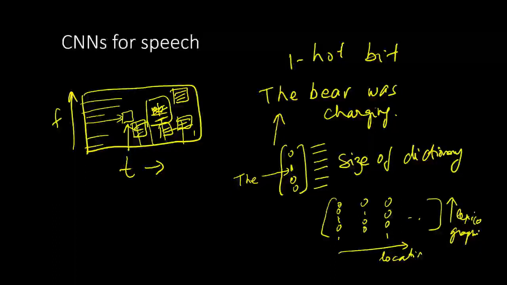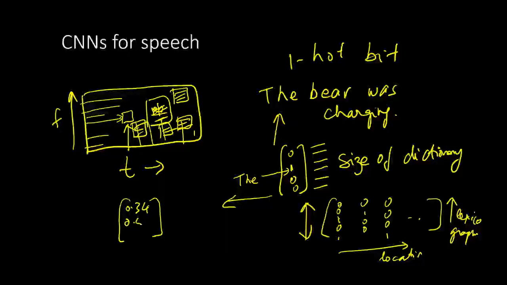What might work better? First of all, this dimension becomes very large. Let's say we restrict the dictionary to 10,000 words, even then it is quite large. So the first thing that is done is to convert this one hot bit encoding into a smaller vector, but a dense vector. It is no longer a sparse vector where there is only one 1 and the rest are 0. It is a dense vector. So these are numbers like 0.34, 0.56, etc. And the dimension is going to be small, let's say around 300 as opposed to 10,000.